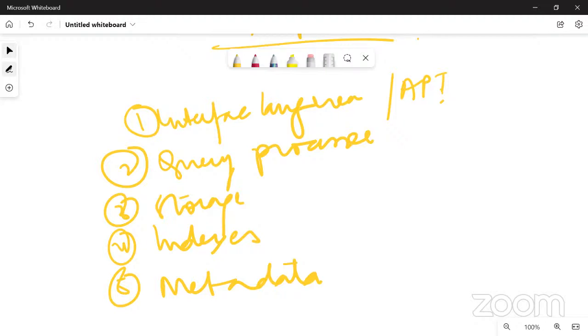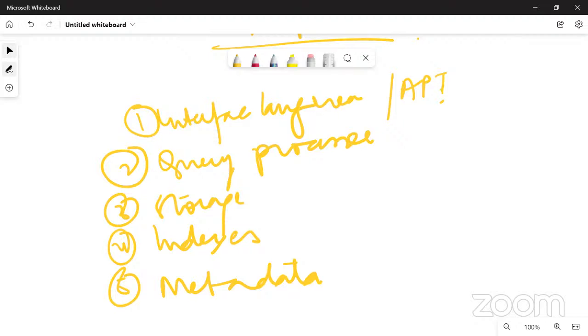The second is a query processor, the CPU of the database. Its job is to process incoming requests, perform needed actions, and give you back the result. The third is the storage, the disk or the memory space where the data will be stored. Indexes are a data structure which helps you quickly locate the queried data in the storage.